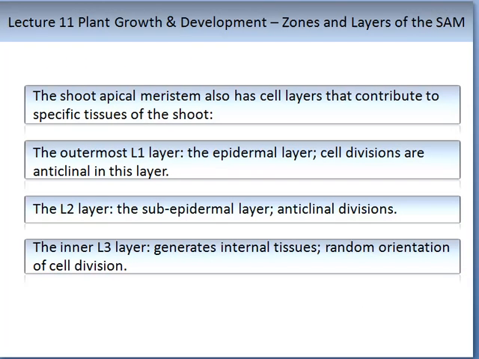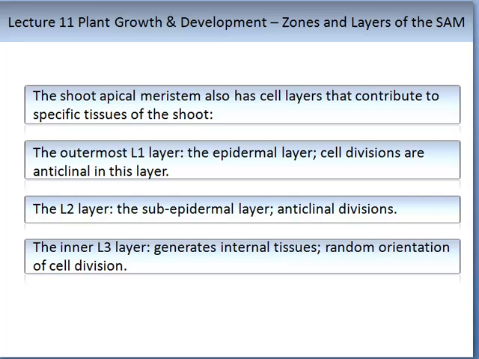So the shoot apical meristem has cell layers, and these cell layers contribute to different or specific tissues of the shoot. The L1 is the outermost layer, and this produces the epidermal layer. Cell divisions here are anticlinal. The L2 layer has the same type of cell divisions, that is, they are anticlinal. And this layer produces the subepidermal layer of tissues,